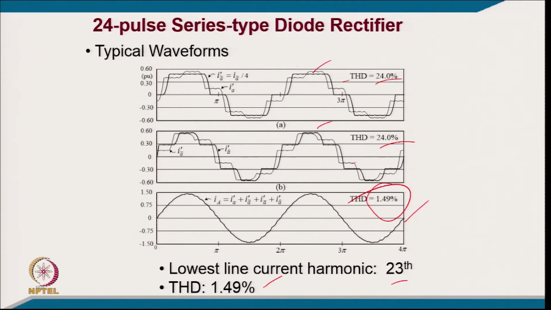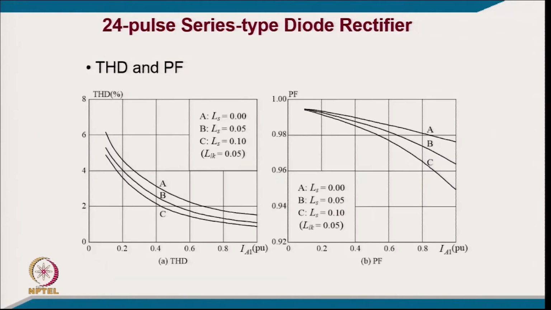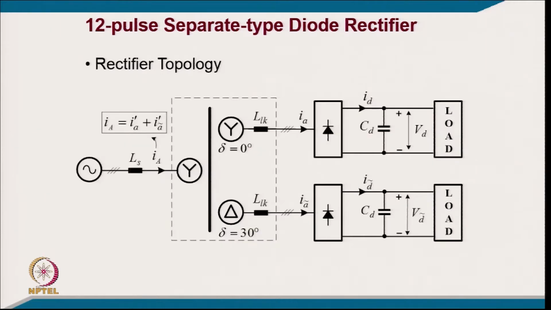So, that is the benefit you are able to get by adjusting the leakage reactance of the transformer. Here also, because of the effect of your source inductance, the THD is reducing, but your power factor goes poor with the leakage reactance, because again you have overlap angle, and that causes some reactive power burden on the supply side. So, displacement factor deteriorates a little bit; even though the distortion factor improved, the displacement factor goes poor, and